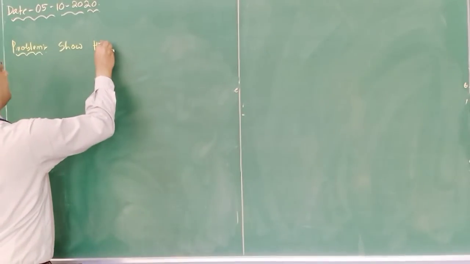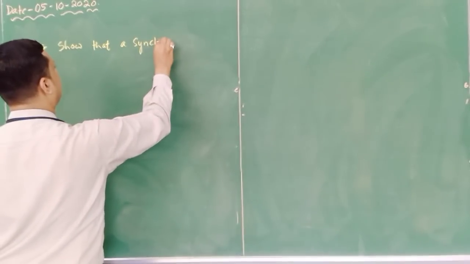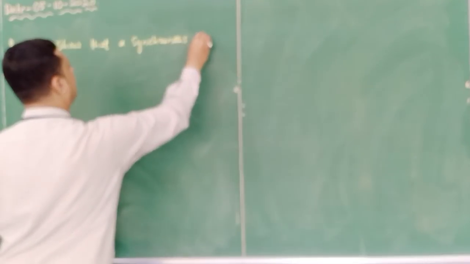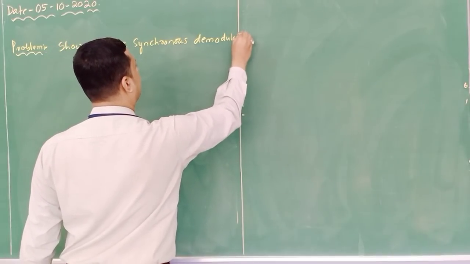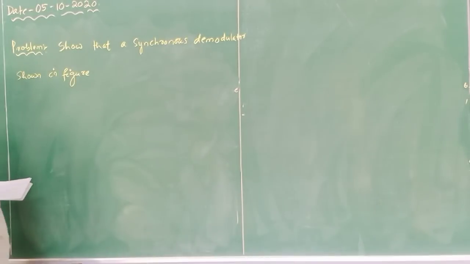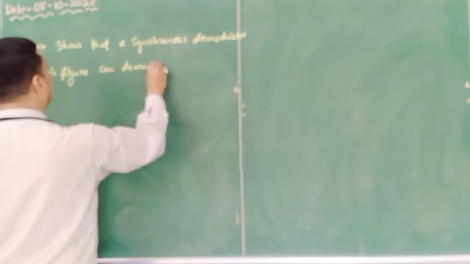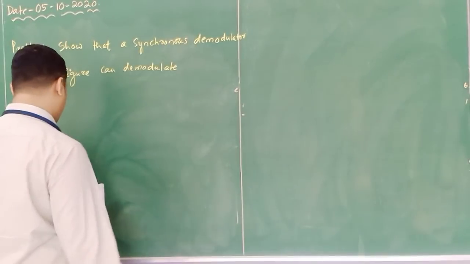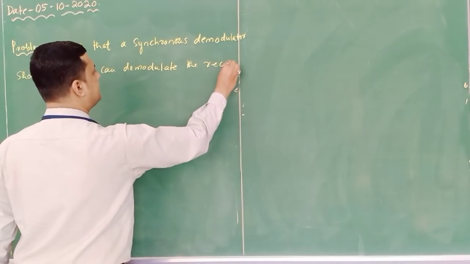Show that a synchronous demodulator, or you can say it is called a detector, demodulator shown in figure can demodulate the received AM signal,